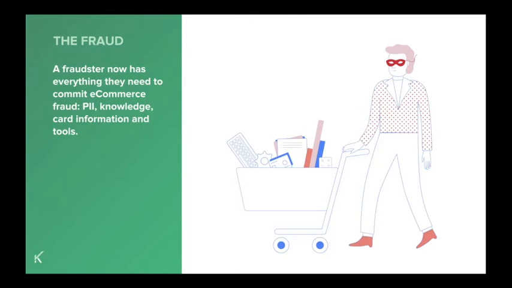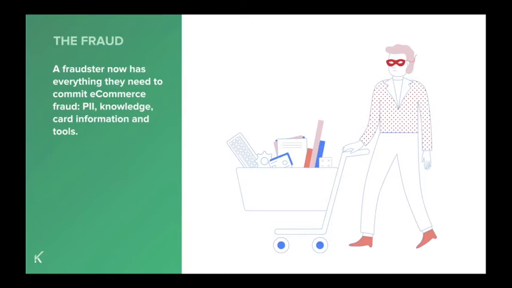If the item is being shipped directly to the fraudster, it's because they either have knowledge that you aren't reviewing the order for billing and shipping mismatches, or they simply don't care. If the item is being sent to a reshipper, it's for the purpose of masking the final destination of the product. And if the item is being sent to the true cardholder, the fraudster will either redirect the package once it's in transit or swipe it upon delivery. Regardless of the shipping method, the fraudster is still getting the goods and you're still paying the price.